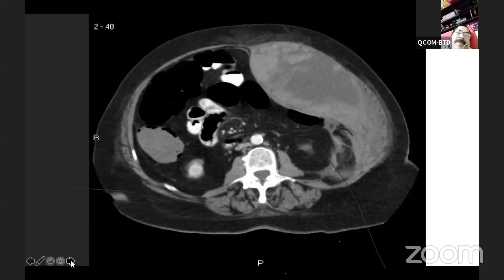Parietal abscess. Okay, anything else? Sir, a large hematoma beneath the